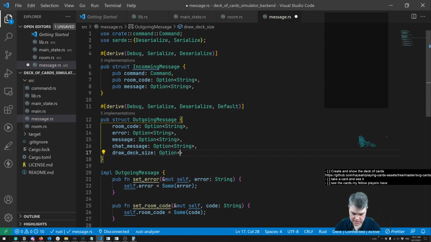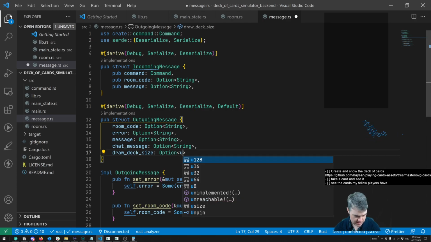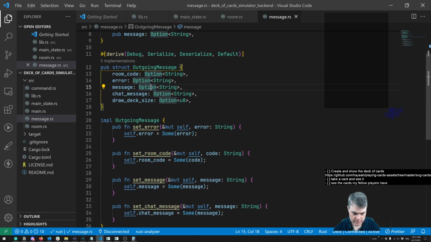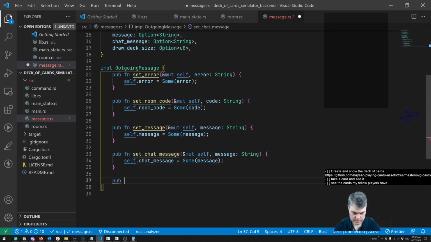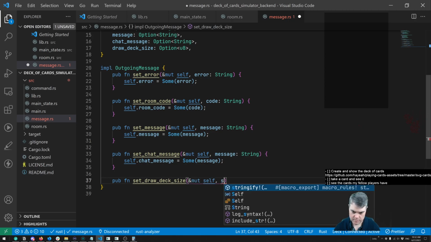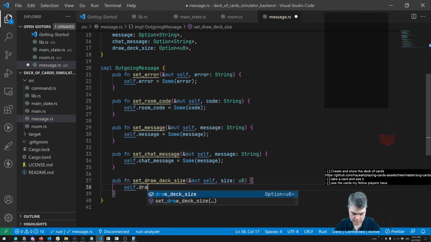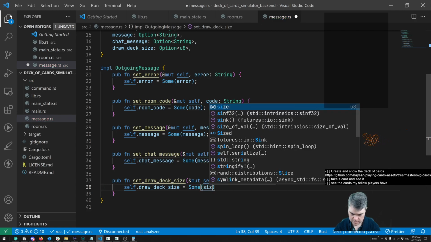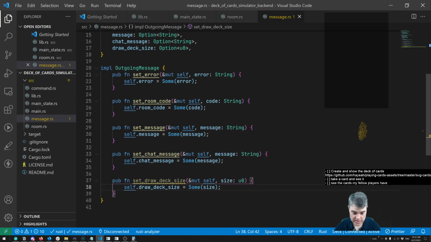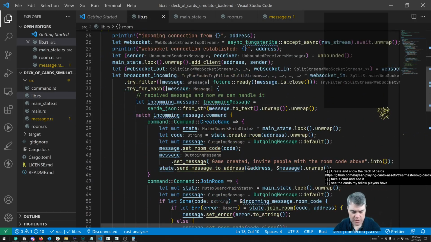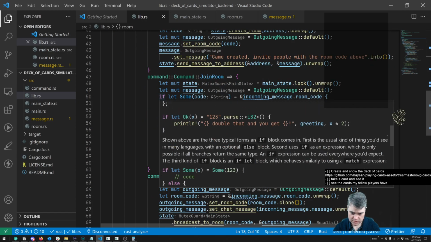So option, and it's going to be a U8. Okay, so we can set that up, that's fine. And then in the main library, when we go to send the message out,